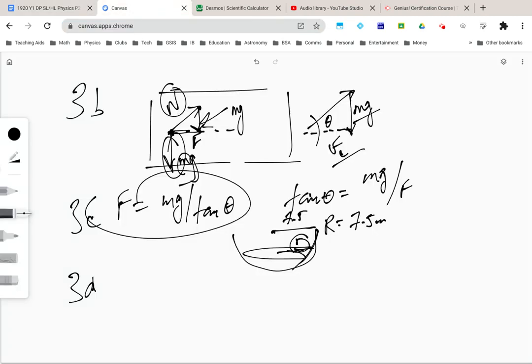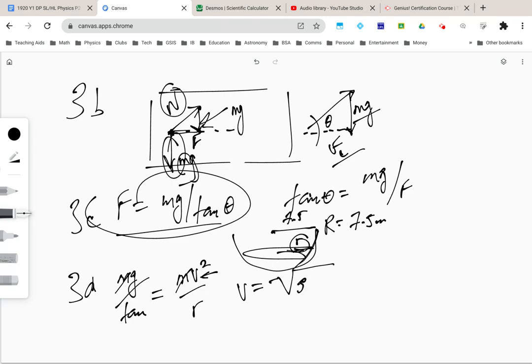I equate two different expressions for the force, one being the equation that I was asked to show up here. So I've got mg over tan theta. That's the force, but the force is also a centripetal force, so it's also mv squared over r. And I know I need this because I'm asked to find v. V is what I'm looking for. The m's cancel, and I rearrange this for v, and I will get that v is equal to the square root of g little r over tan